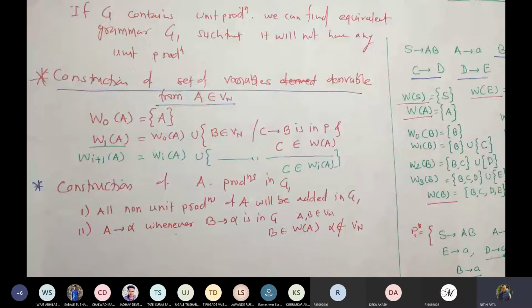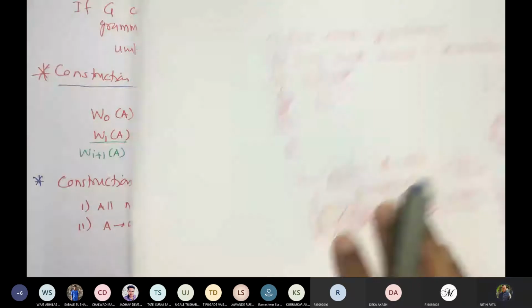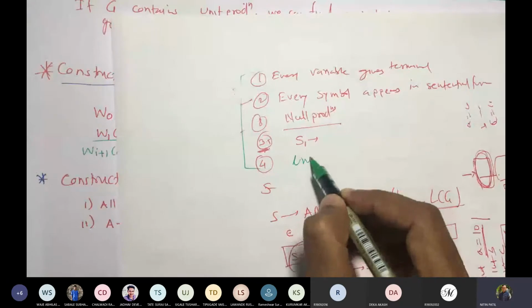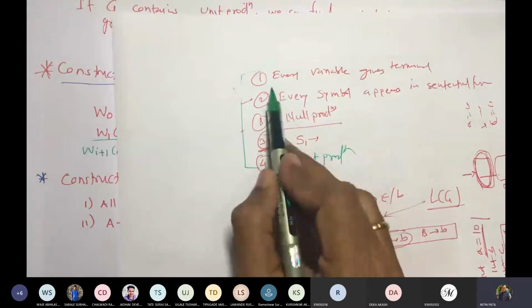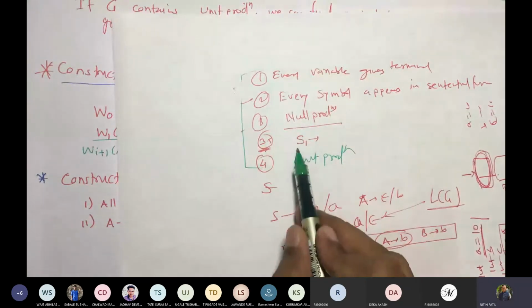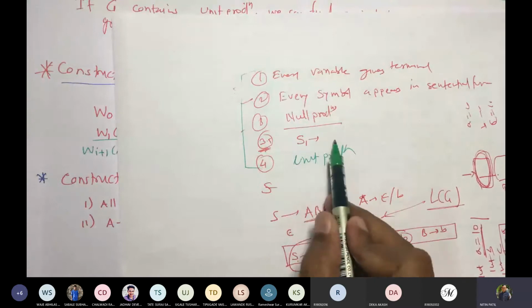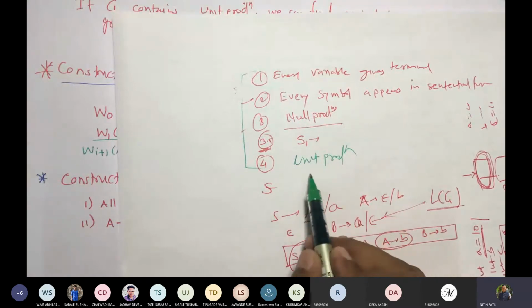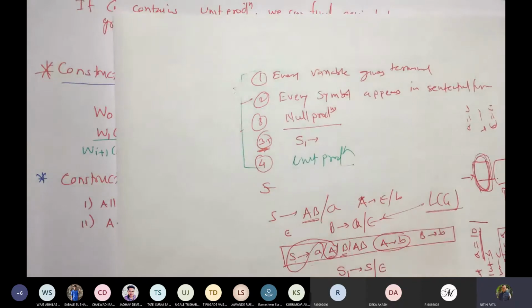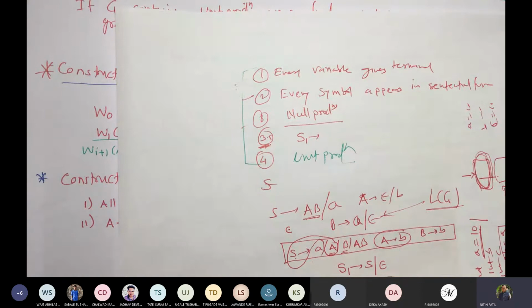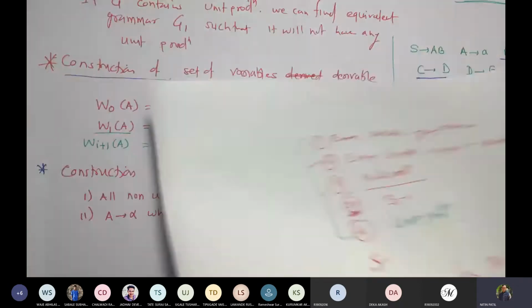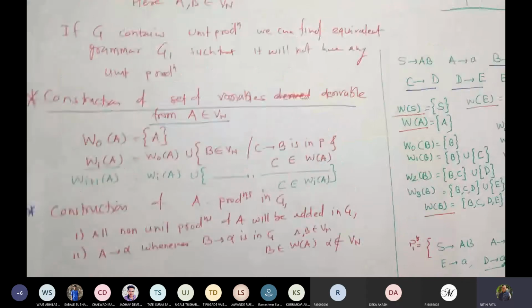Now see how many algorithms we saw. Now we know all these things. So unit production, then null production, then S1 gives S and epsilon. These were added because we want to protect the language, and then unit production. Fine. Now let us talk about simplification, with which we started. We will use these algorithms together. Fine. How to do this?